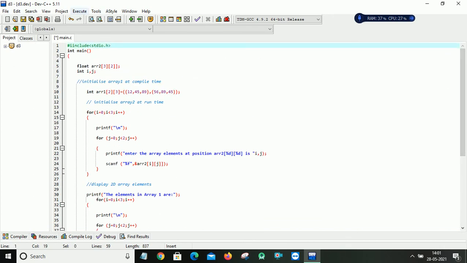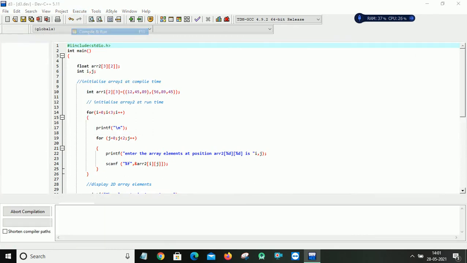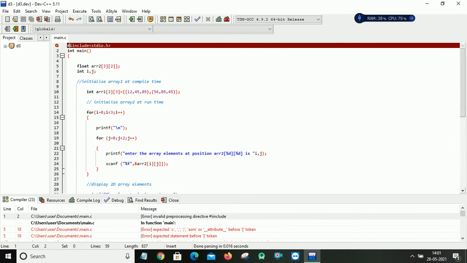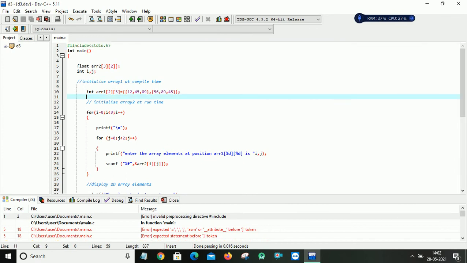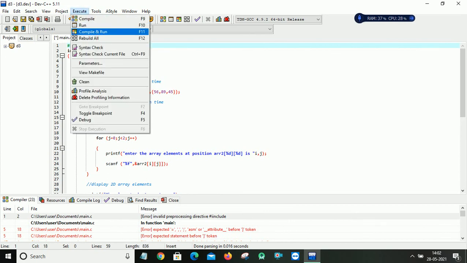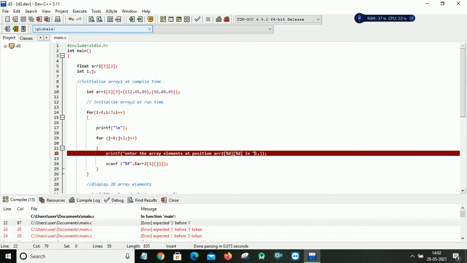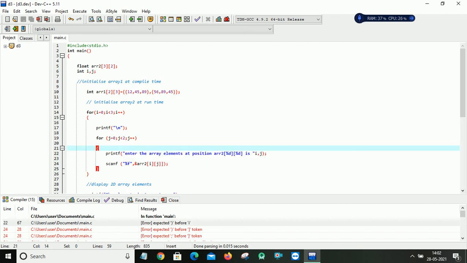Okay. So now I'll try to execute this. Compile and run. Okay. Let's replace it. So we have some errors here, so I just want to check it out. So hash include. Okay. So now I'm trying to execute this. Okay. Here also an extra bracket is there. And here also we have one that is expecting something.